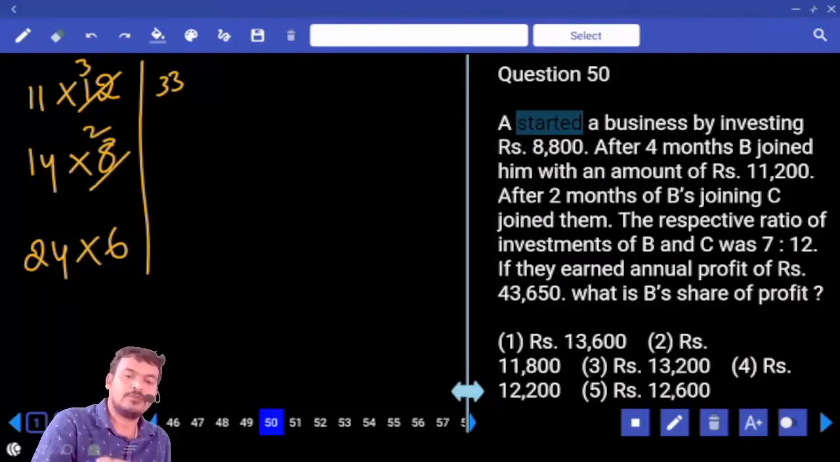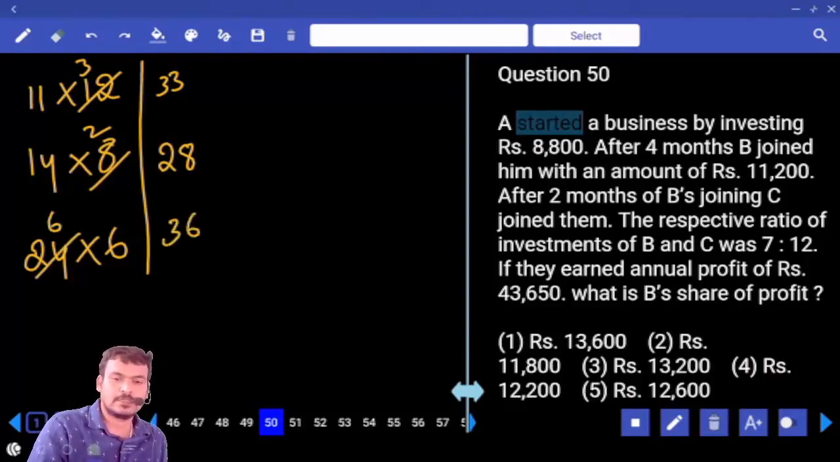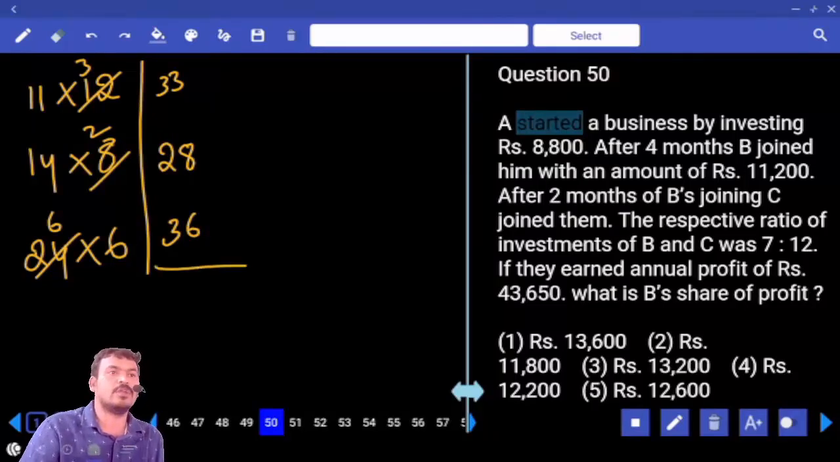Second one, 4 how many times? 2 times. 14 2s are 28. 4 how many times? 24. 6 times or not? 6 6s are 36. A investment 33, B investment 28, C investment 36. Total how many parts? 36, 33, 28. Total it is